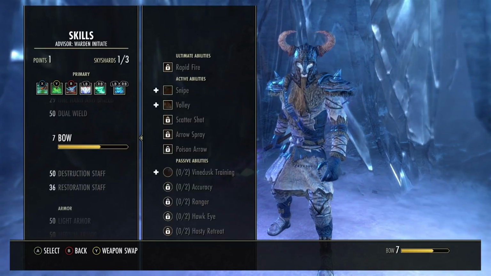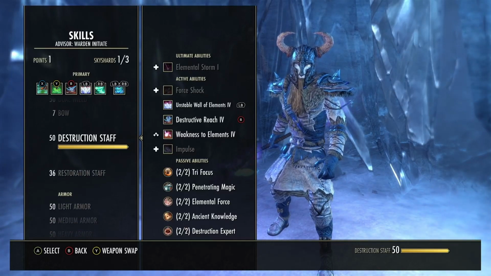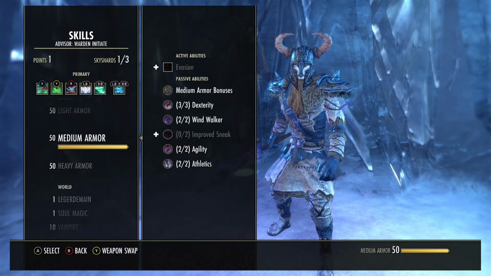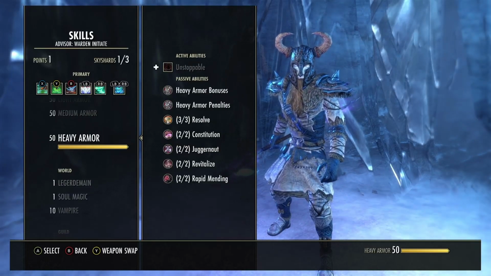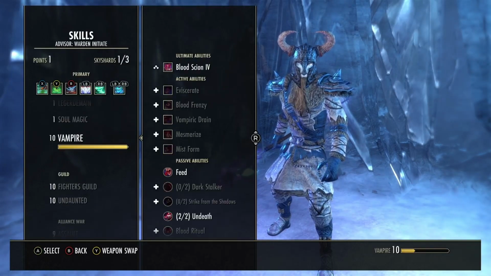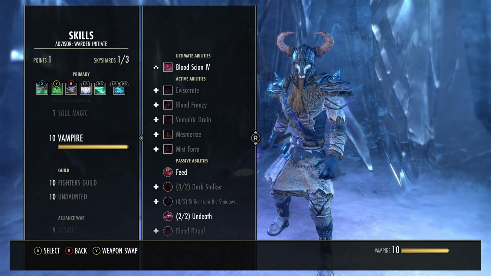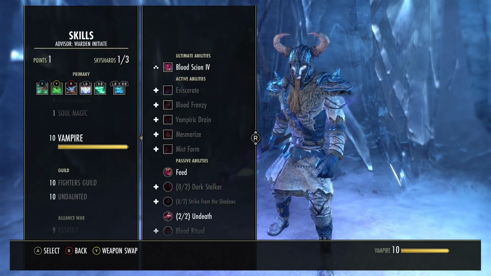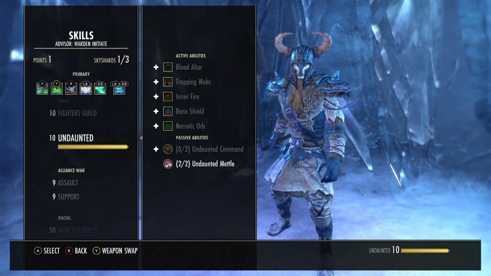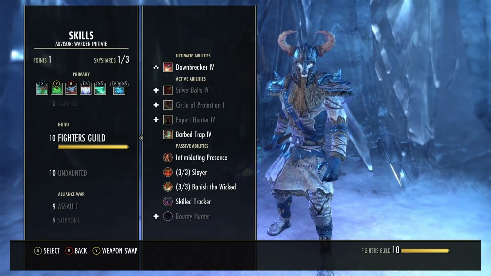and then all your passives in the Destruction Staff. All your passives in light armor, and all your passives in heavy armor. You don't need the medium, as we are not running any medium. Make sure you have your passives in Undeath. You don't actually need the other ones, they are just optional, they're not going to help, but obviously add them if you want to. You don't need the Fighters Guild passives at all,